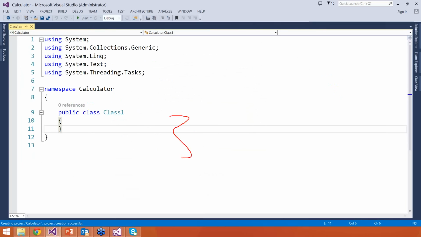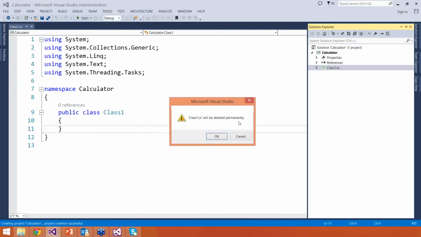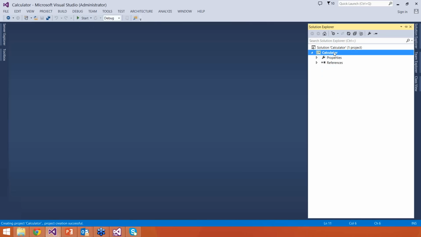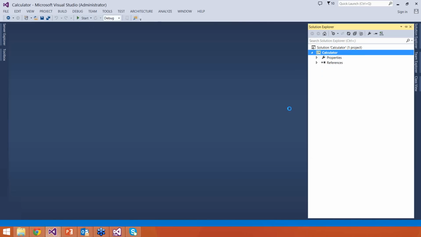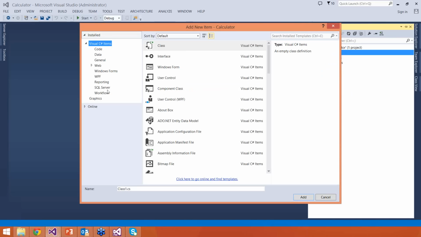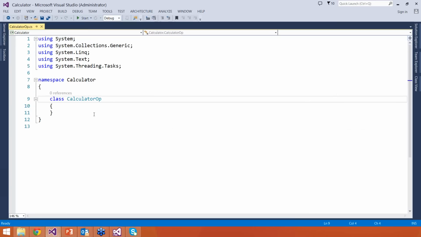Yeah. So here I have created a calculator class. In the calculator class, I'm going to delete the class which got created by default, and then let me go ahead and add an interface. So I'll say add new item. I'm going to add a class actually, and let us call this class, again, calculator OP class or something. Okay, so I have a calculator OP class, which is